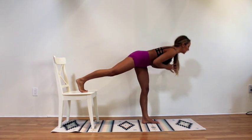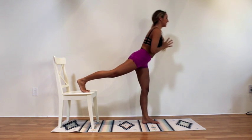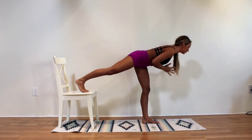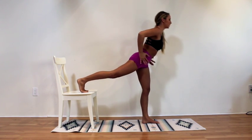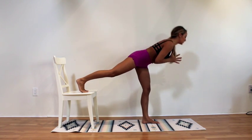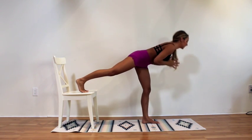and 12. 11 and up, 10. I'm kind of wobbling right now because my body really likes to turn out, so I'm really working on trying to get everything square. So that's why if you feel yourself wobbling, that's fine. It means that you're just getting stronger in one area than maybe you're used to. Good. 7